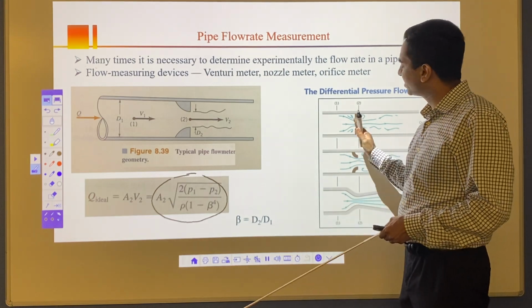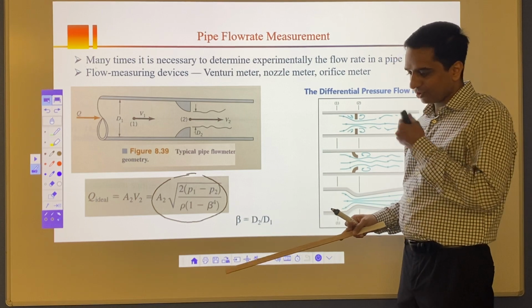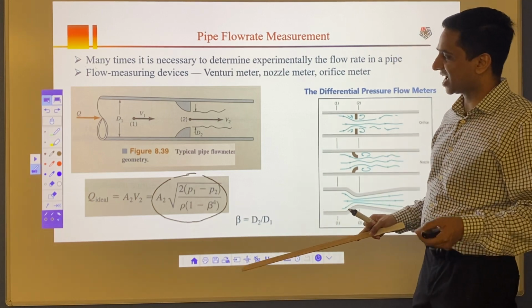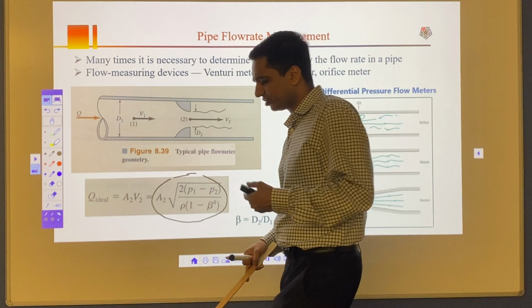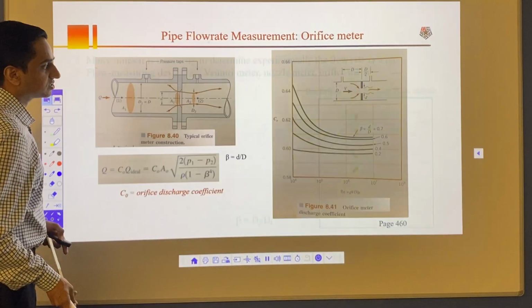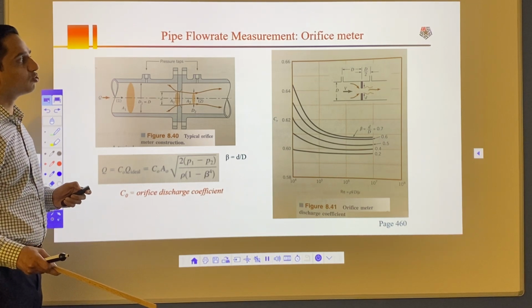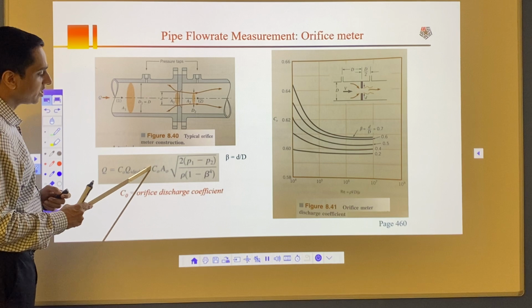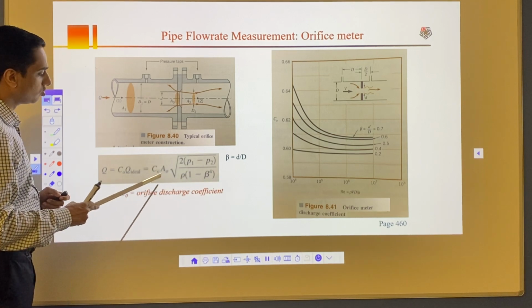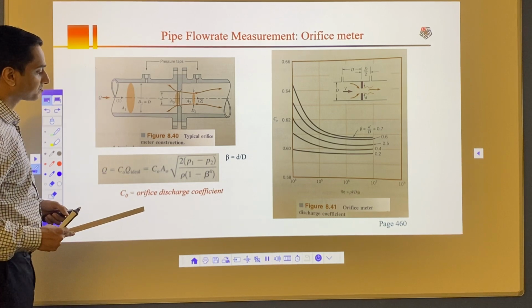We don't consider major or minor losses, but life is not so perfect. So when you use these equations in reality, you have to modify the equation to accommodate those losses that you are going to have. To accommodate those losses, we make some slight changes to the equation. If it is an orifice meter, we add CO. The equation stays the same, we add CO, the orifice discharge coefficient, and calculate Q.